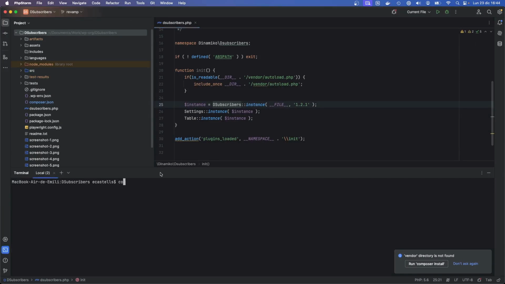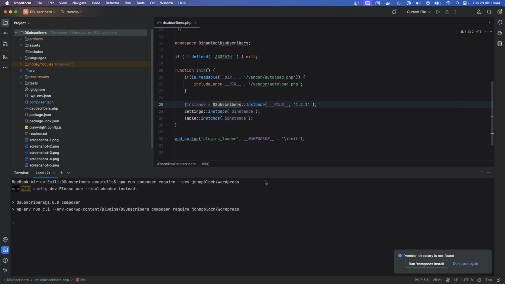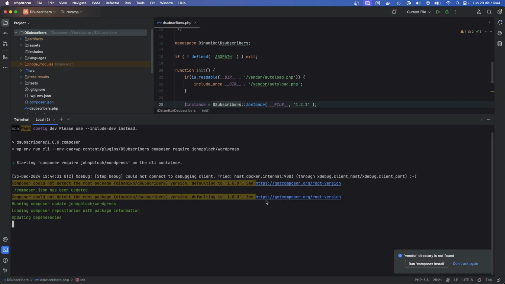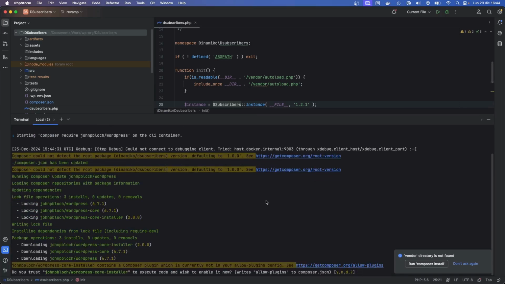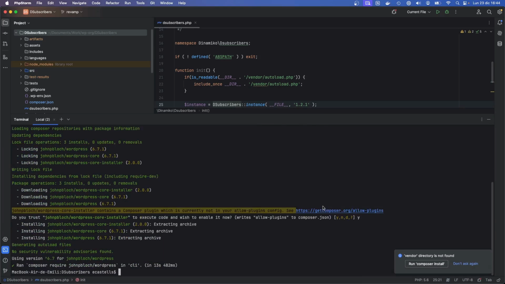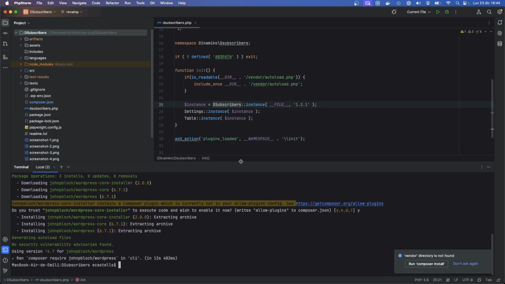So npm run composer require, and we are going to also pass --dev here for the development-only dependency, and let's run this. Okay, yes, here. And that's all. Okay, so when it finishes,